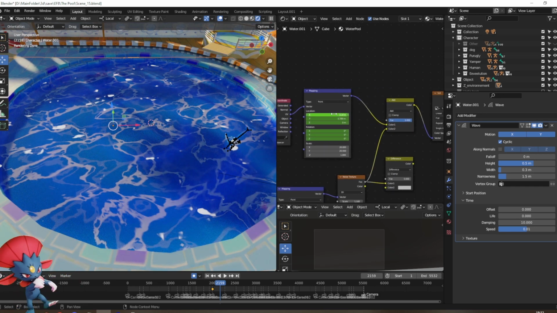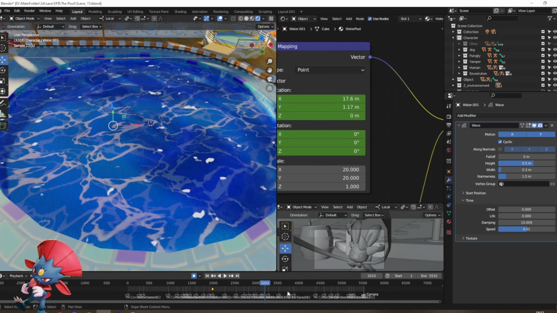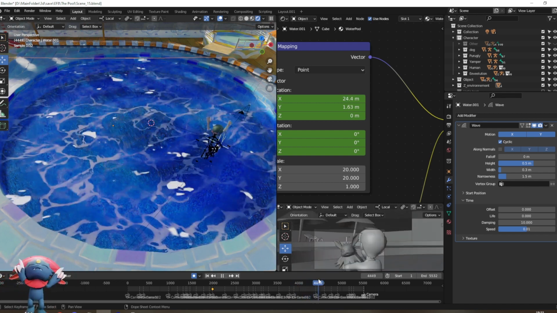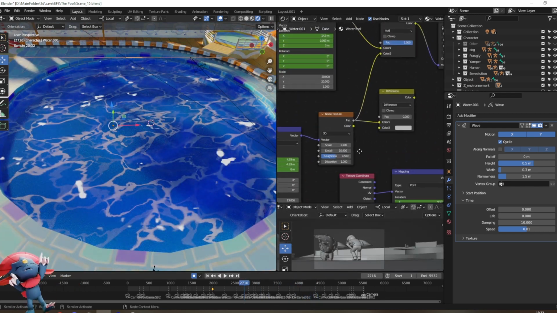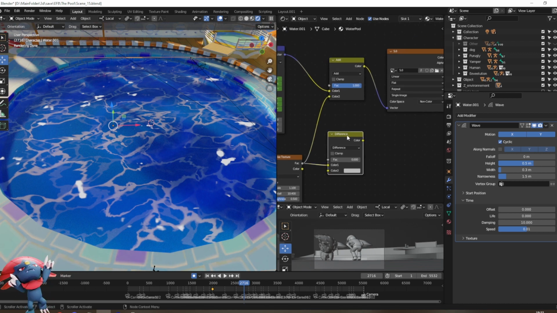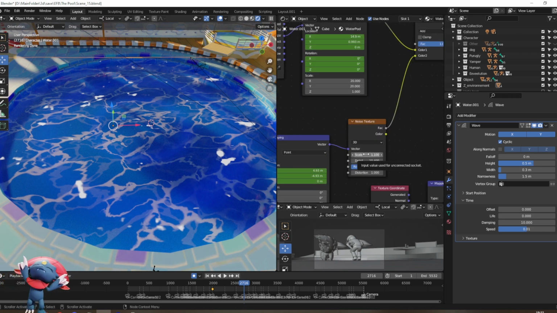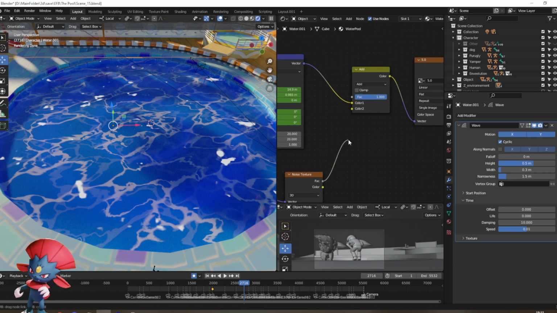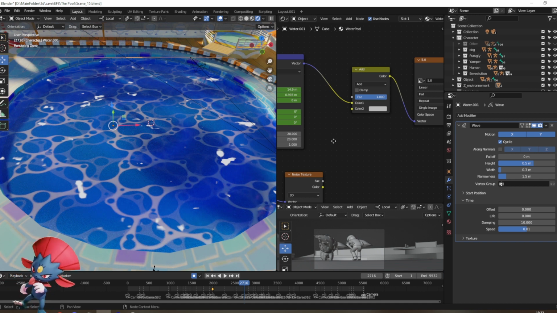Then there is a movement. If I move here, you can see the numbers moving. It makes the water scrolling, the texture scrolling. And here there is a noise texture with an add. This is mainly to break the loop, so it's harder to see that the texture is looping. Here, if I remove the noise, we can see the loop. If you watch my mouse, here and here, you can see a lot of places where the texture is looping.